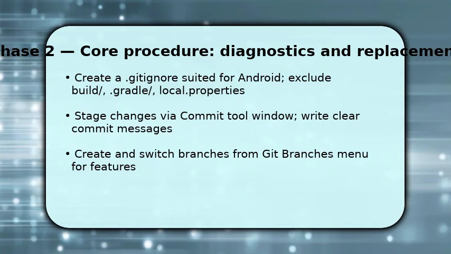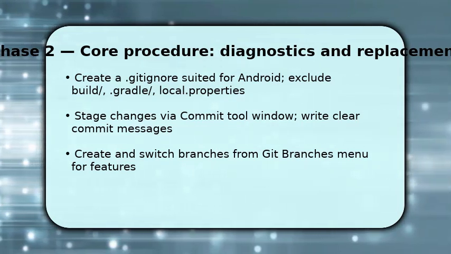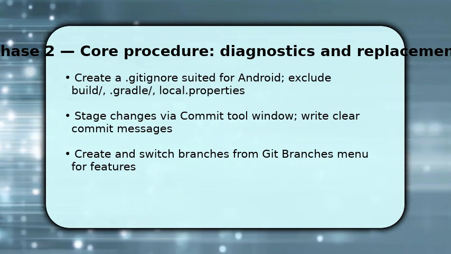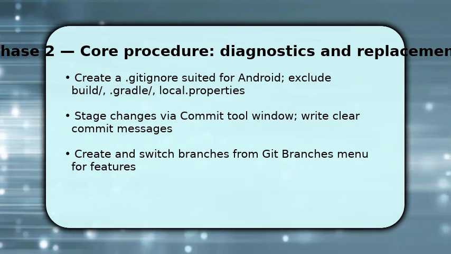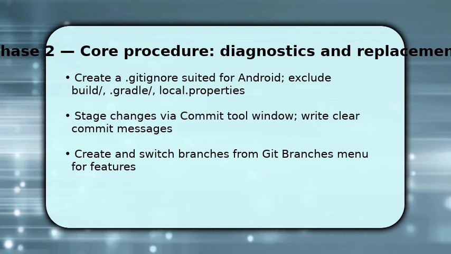You now create a proper .gitignore to avoid committing build artifacts and secrets. For Android, exclude build/, .gradle/, and local.properties so commits stay clean. Next, use the Commit tool window to stage files, run inspections, and write concise commit messages explaining the why of